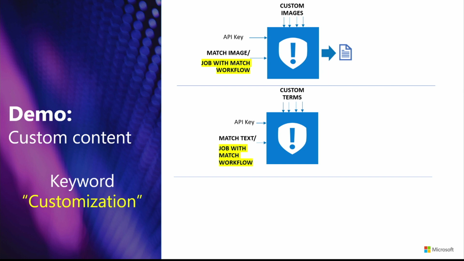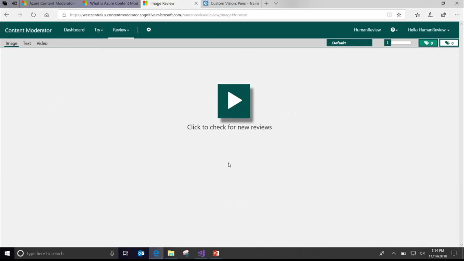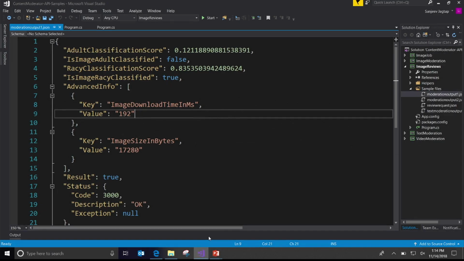Similarly for custom terms, the same idea. We provide a list management API for images and text that you can use to upload your own content that gets matched. And this is the workflow which will come into play as I show the demo here. So let me go back into the sample here and do something else. So first,